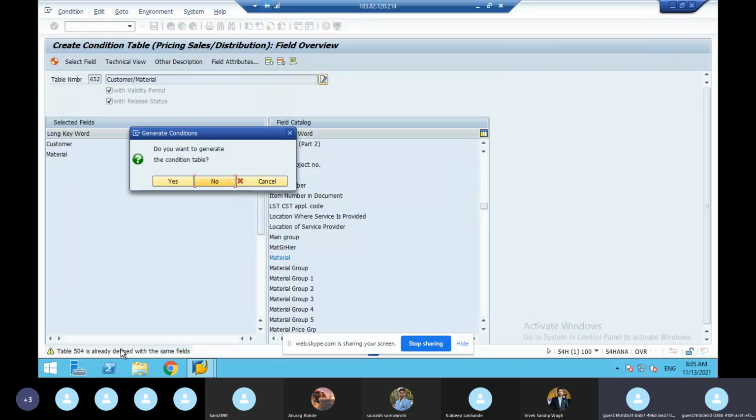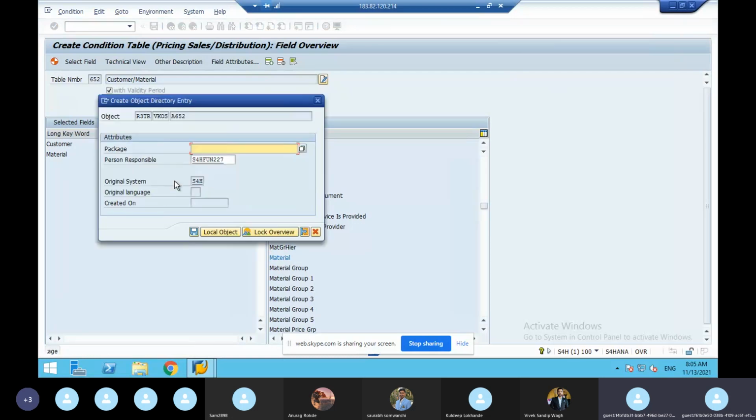Even if you join SAP, even after 10 or 15 years, when anything yellow, green comes, simply enter. When I enter, it is asking, do you want to generate the condition table? Yes. Then you have to, don't save, make it a local object.